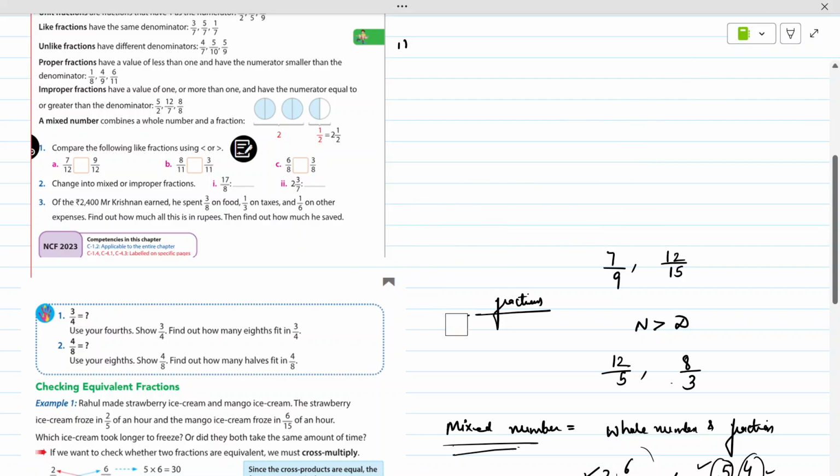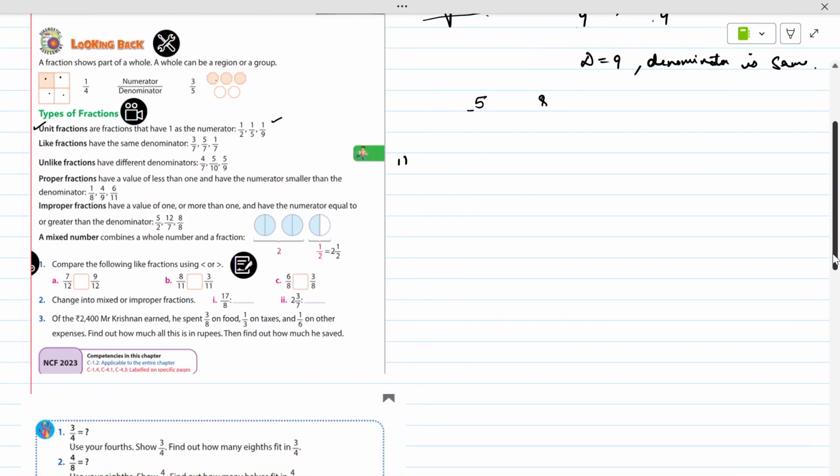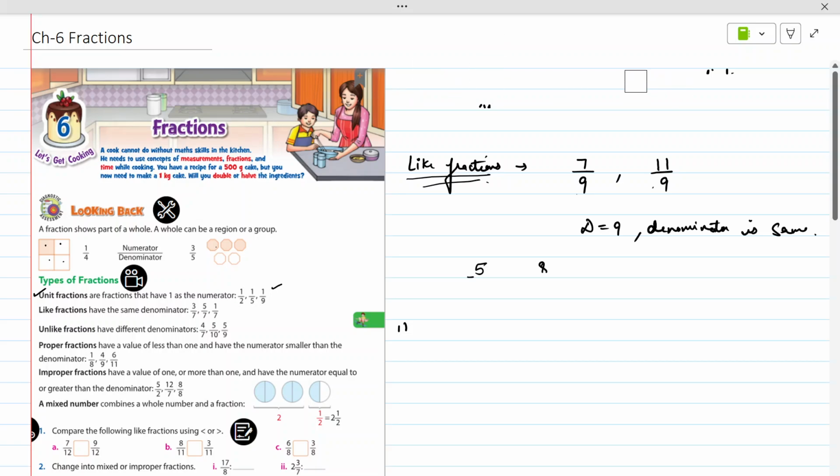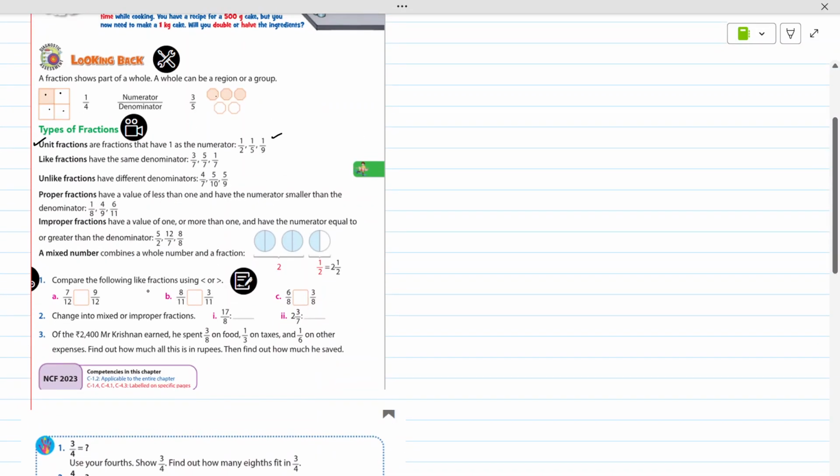Okay, so kids, going further in this chapter, we have certain rules which will help us to do the comparison of the fractions, because we have different types of fractions here. Okay, so let me just erase this fast and let us do these questions now. Compare the following fractions, greater than or less than. So kids, understand, here I'm writing a rule